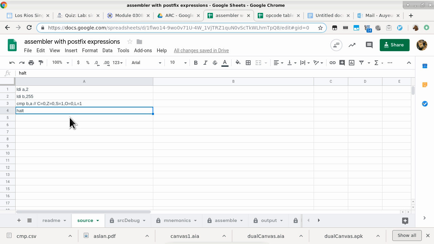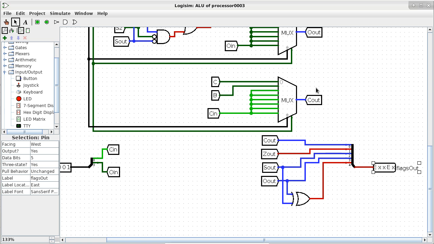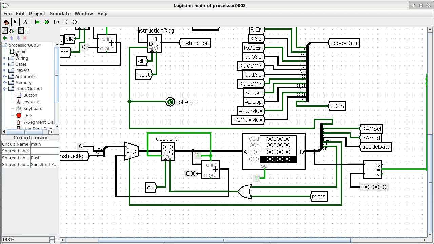That particular byte has 2 bits to specify the first register, which I swap from A to B, and then it has 2 bits to specify the other register, which I swap from B to A, okay? So I have to exchange only those 2 bits, and they are the least significant bits, okay? So without looking at the assembled output, I just go back to my Logisim here,